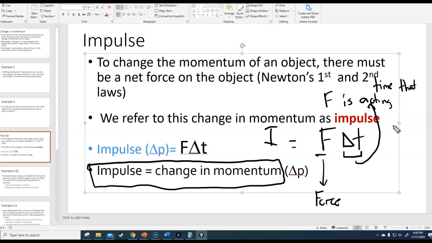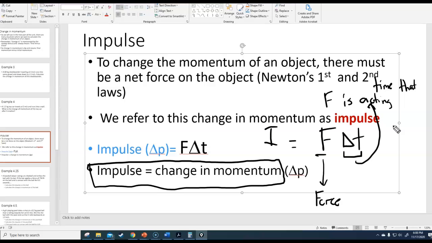It could also be a really big time. Okay, so for example, let's say your car breaks down, you try to push your car up the hill, and you push your car for 2 minutes trying to get it up the hill. Well, in that case, delta T would be 2 minutes, okay, because that's how long the force is acting for. So delta T just represents how long the force is acting for. F represents the force, and if you multiply those two together, you get impulse, which is the same as change